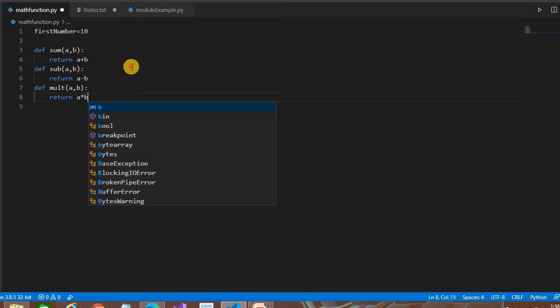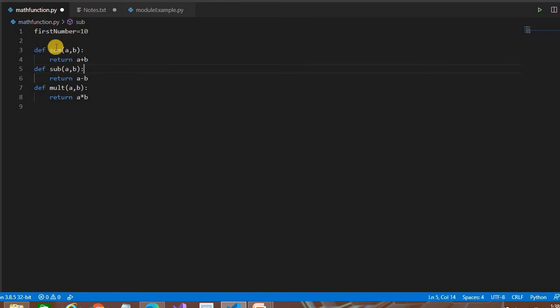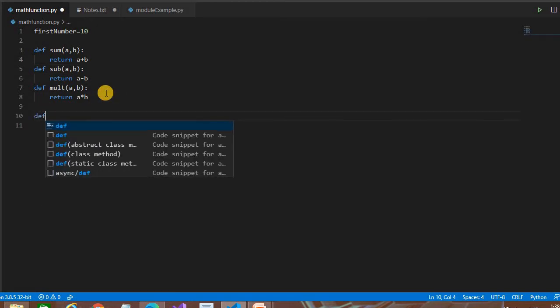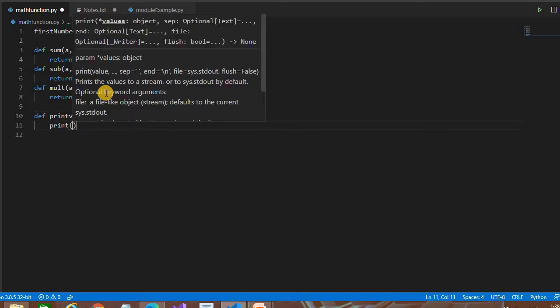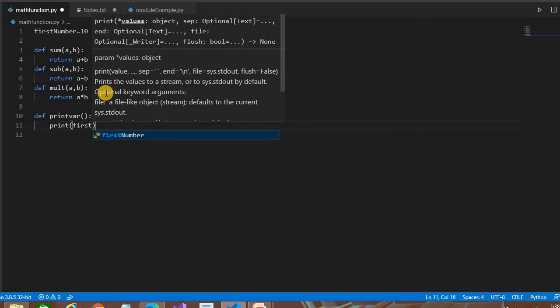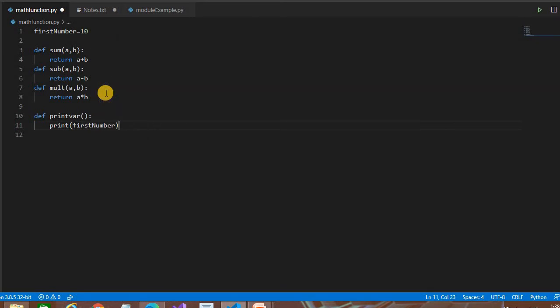So we have declared one file, mathfunction.py, which contains one variable, first number, and these methods. Next, one more method, which prints the variable. We are just printing the first number.